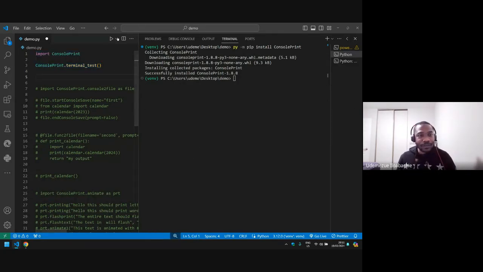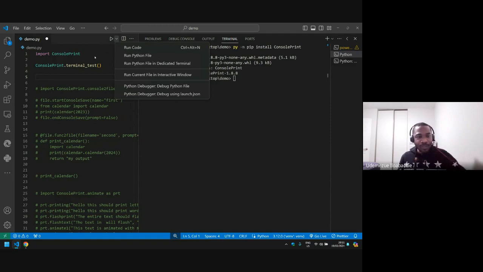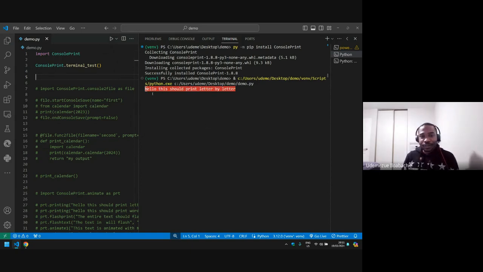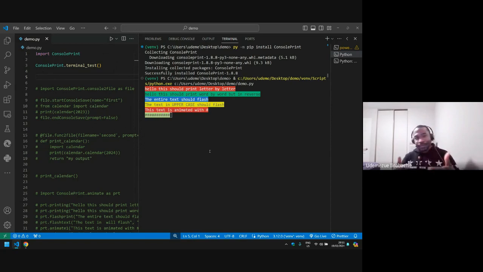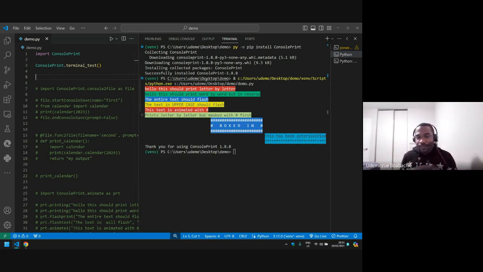So let me run this. It's just a function, pretty much our demo, but it packs them all together in one function. So let me run the Python file, and you can see it allows you to print with some background color. It's going to run through everything, but I'll go through them one by one in the next group. You can see it adds animation and some kind of life to your output. Instead of plain black text that hits the display all at once, you can make changes and do a lot of things with it. So I'm going to comment this out, and then I'll take them file by file,